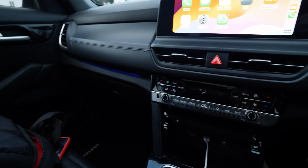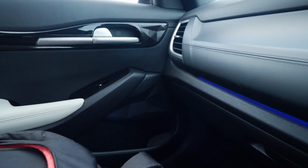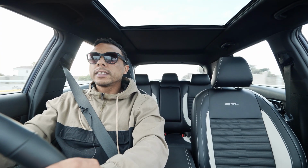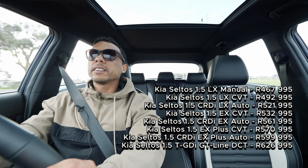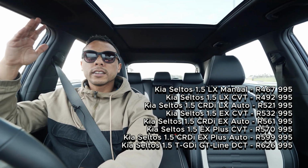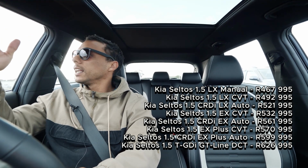So with the GT line, you are getting a lot of spec as well as the added beautifications, which really look amazing, and they are very attractive and very cool, but it comes at a price. The Kia Seltos slots between the Kia Sonet and the Sportage. It is priced between the 500,000 range and goes up just below the 700,000 range, and for that you can check out, there is quite a lot of options that the Seltos offers, up from the GT line down to